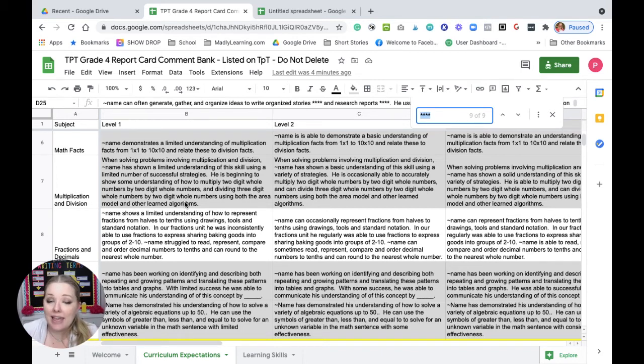Then I go back into the comments for my students that are working at, say, a level 3, and I will go in and tweak their comments, or a level 2 or a level 1, and I may copy and paste those students in individually and change it. Unfortunately, the program doesn't really allow me to go in and tag and apply based on level. I really wish it did, but it doesn't. So that's kind of how I build it. And it does take a bit of time, but that's how I'm able to use a comment bank that's written very generally and apply it to students and allow for customization.